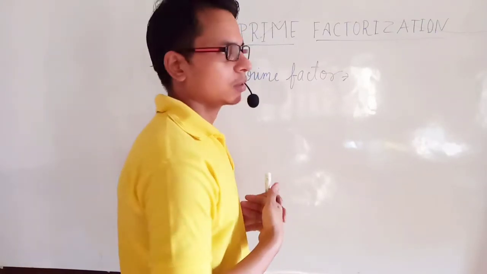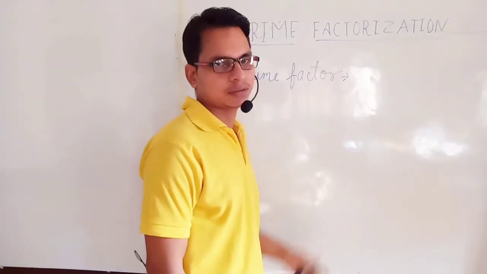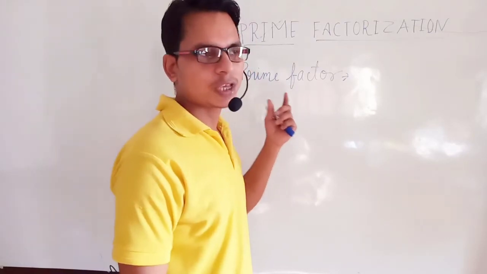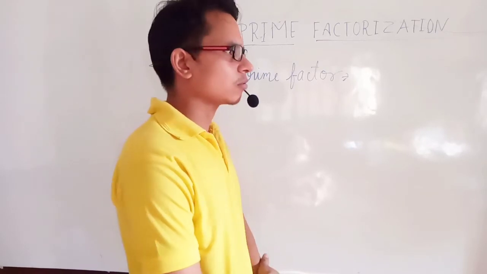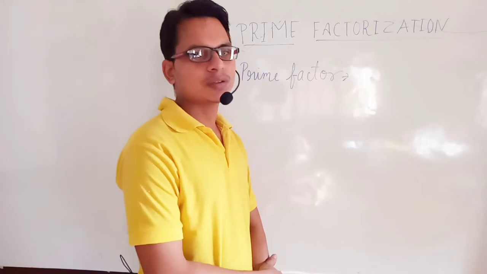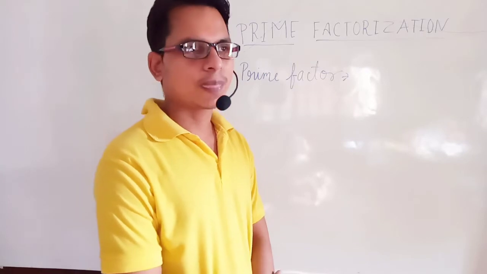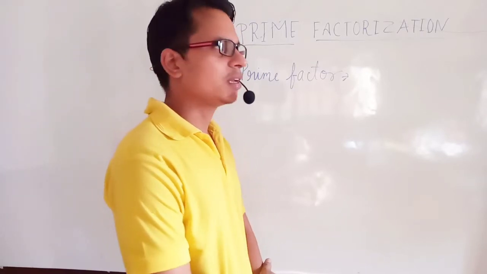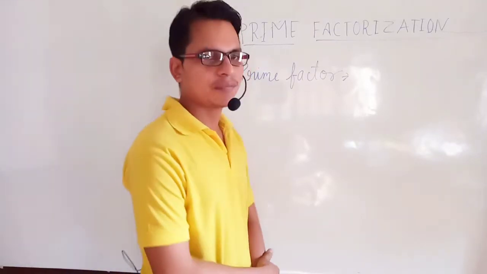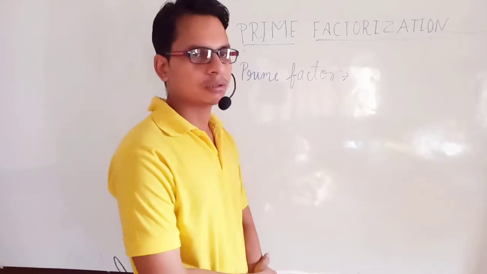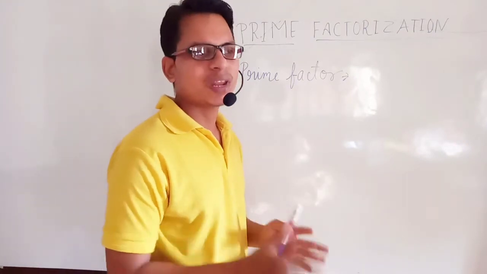We have understood the word prime, and we have also understood the word factor. Prime we have discussed in a previous video, prime number. So firstly we recognize what is a prime number. A prime number has only two factors, meaning it can be divided by itself and by 1. If any number can be divided by itself and 1, it is called a prime number, like 3, 5, 7, 11, and so on. And we have also understood the word factor, which means breaking of a number.